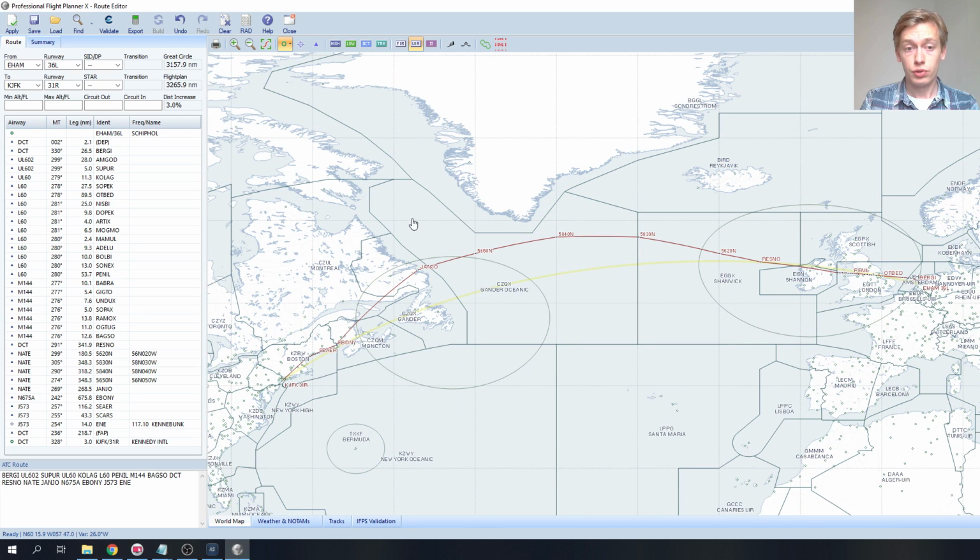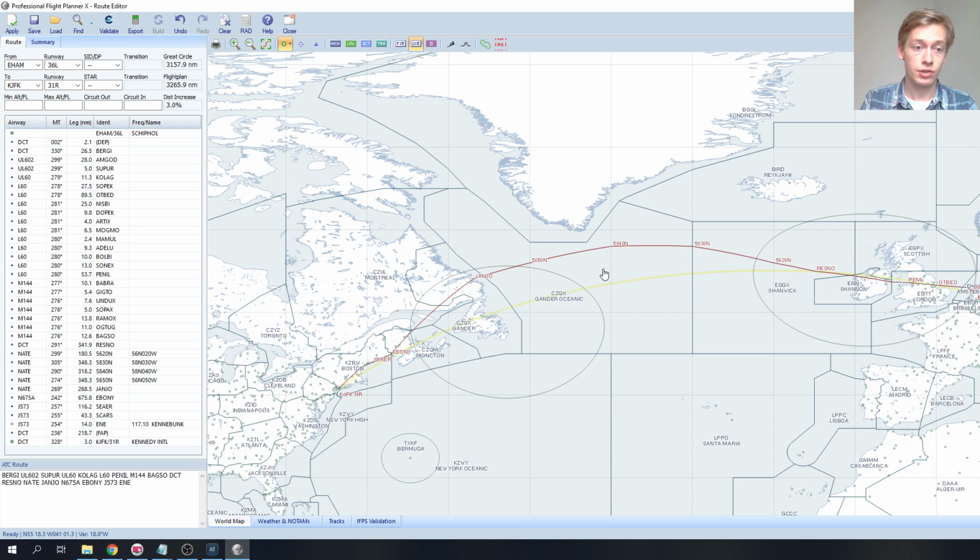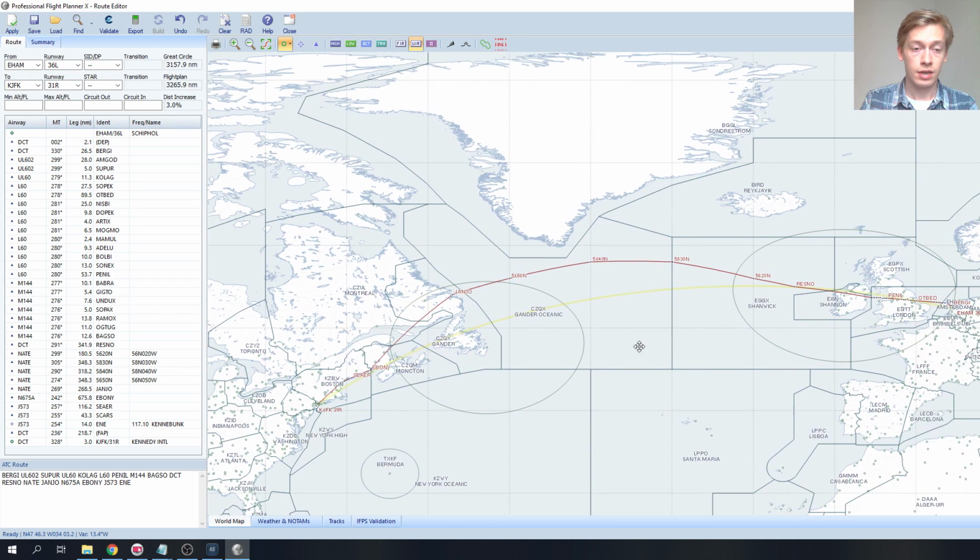So once you've built up the route, just make sure that the NAT track is actually correct. So make sure you check all the waypoints of this NAT Track Echo. Make sure it's correct in accordance with the current NAT Track message and for the time period that you're going to fly into. And then we're also going to take a look at another type of route when we